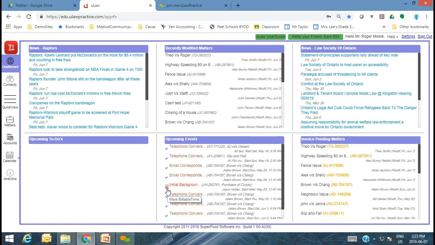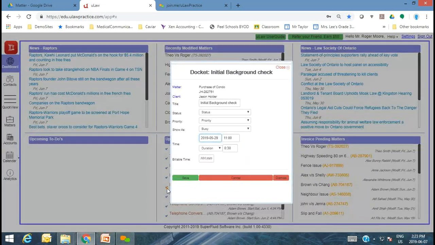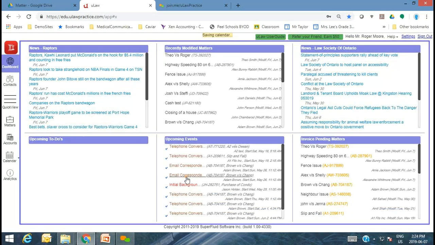So same thing with this purchase of condo for Jason Holder. So say you plan 30 minutes and you're billing him 30 minutes for the initial background check. You're going to see this red line item disappear in 5 to 10 seconds once it's refreshed the screen. Okay, there you go. Behind the scene, what really has happened is if I go into,